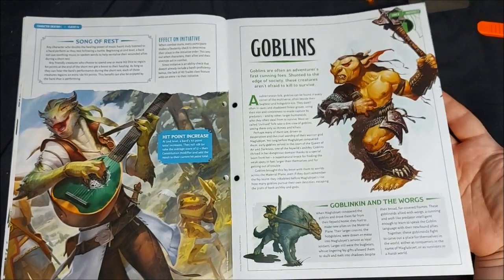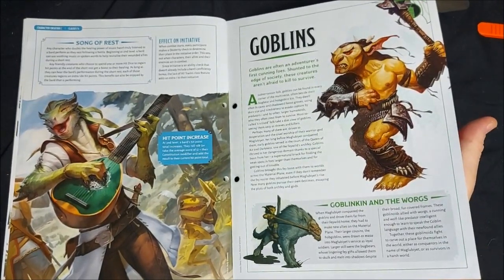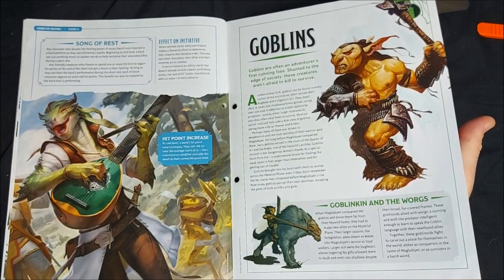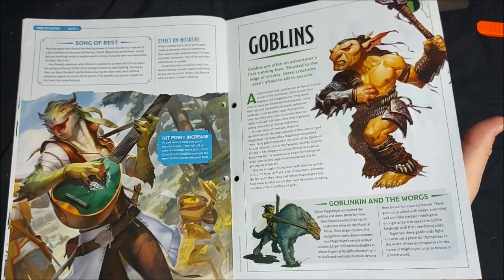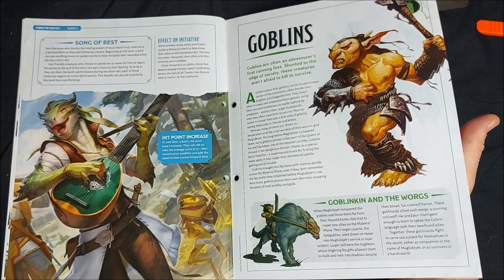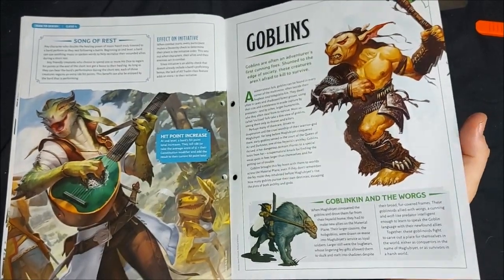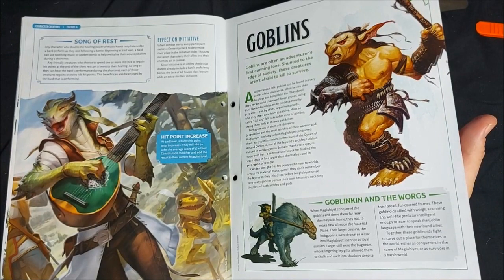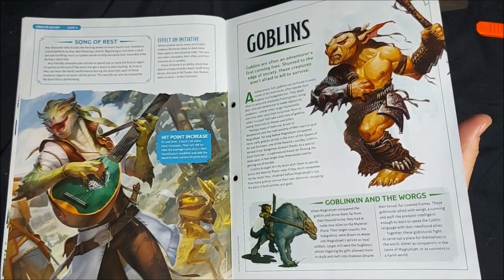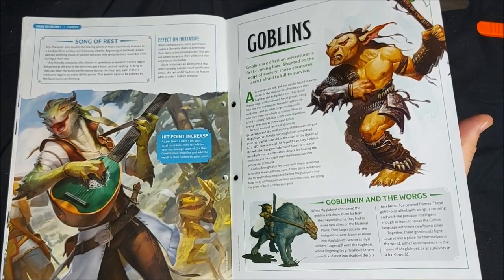Goblinkin and the Wargs. So when Maglubiet conquered the goblins and drove them from the Feywilds, they came to our plane. They became well versed in taming the wargs, which are wolf-like creatures, very intelligent and able to even learn to speak the goblin language. There are various different types of goblins, so we got